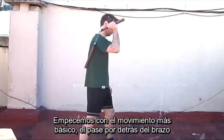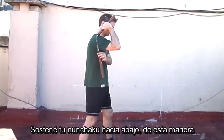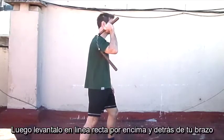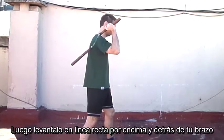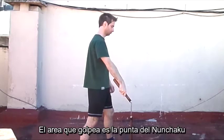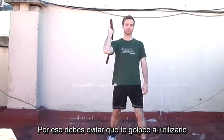Let's start now with the most basic movement, the back arm pass. Start off by holding your Nunchaku down, as so. Then swing it upwards in a straight line behind your tricep. The striking area of the Nunchaku is the end or tip, therefore we must keep it from hitting us when